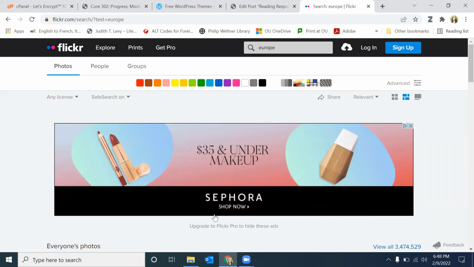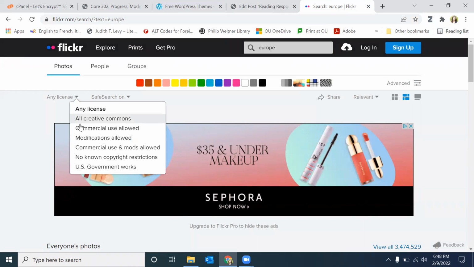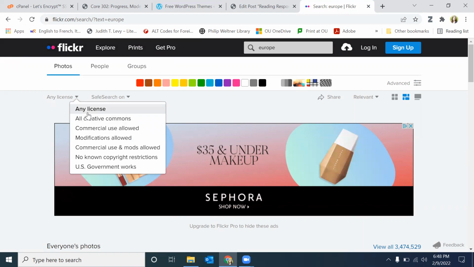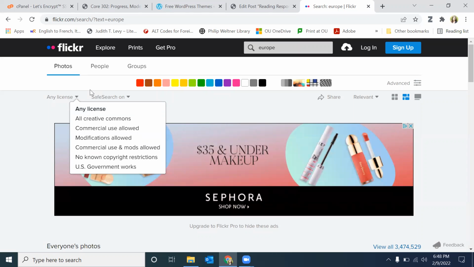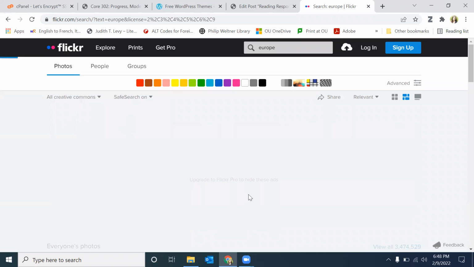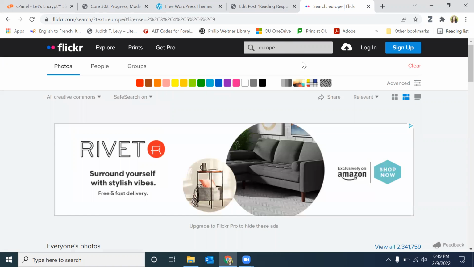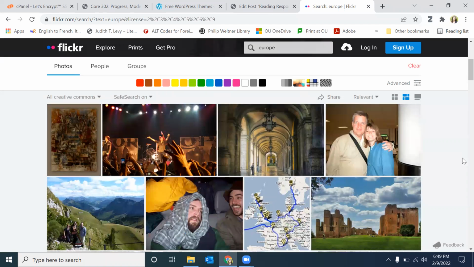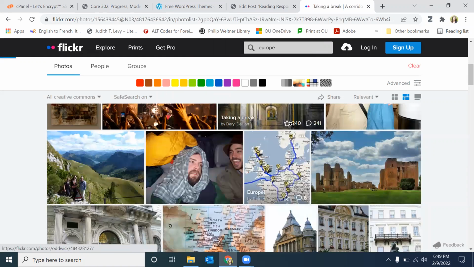And the reason why I like Flickr is not only do you have this option to choose the license, when you choose Creative Commons or any license, it gives you more details about the type of license it is in a really user-friendly way, and tells you how you can use it, and what is required to use it if you do decide to use it. So Creative Commons means that it's available to the public in some sort of way, but there's sometimes details within that. So if I say I want Europe, but only Creative Commons, and I really like this picture right here,